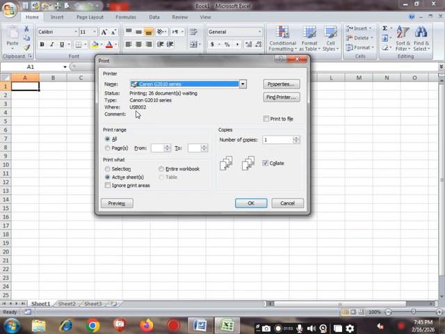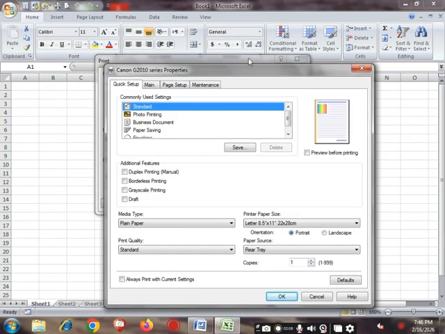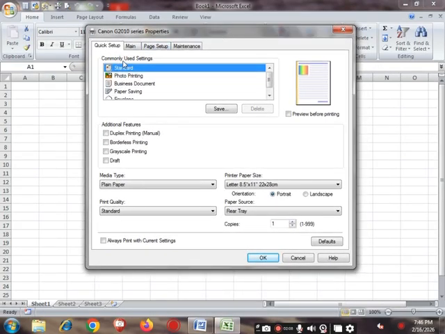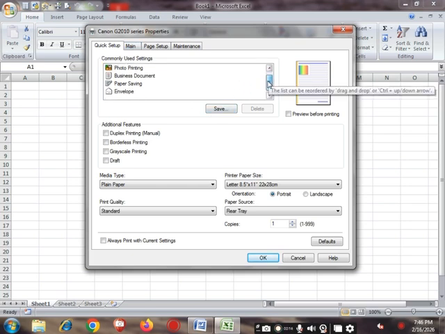Next is the comment, where we can write any important thing. And this is the properties option. It has all the important information about the printer. Every printer has different properties. This is the Canon printer, so it has this type of properties. If you have another printer, it will show different property options.